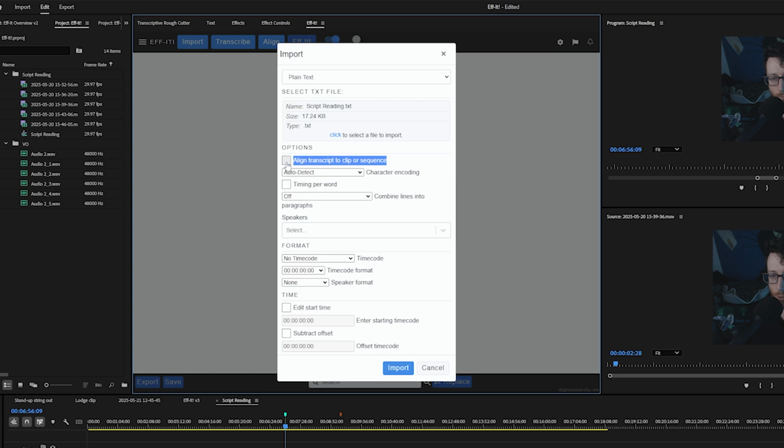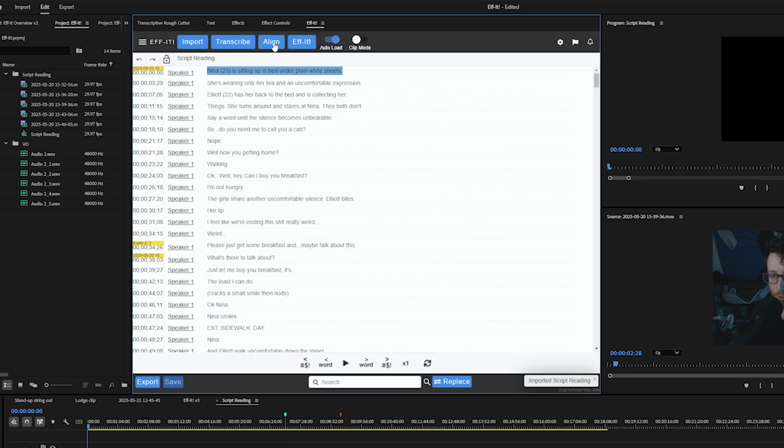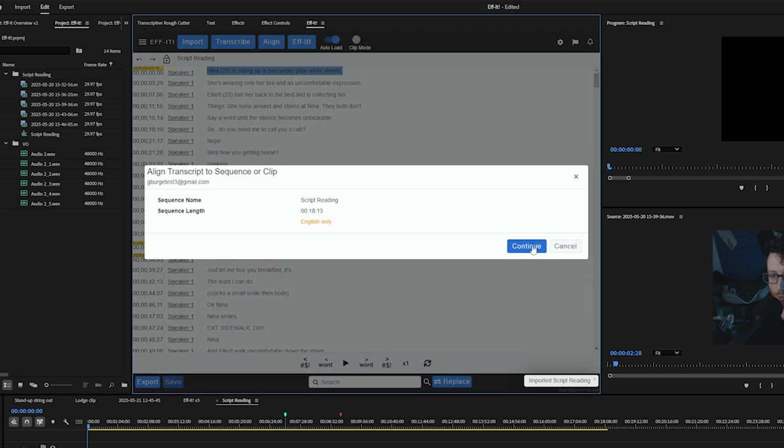You can uncheck the Align Transcript box to just import the transcript, and then align it later by clicking the Align button and selecting Continue. You do need to align it at some point in order to create the per word timecode that we use